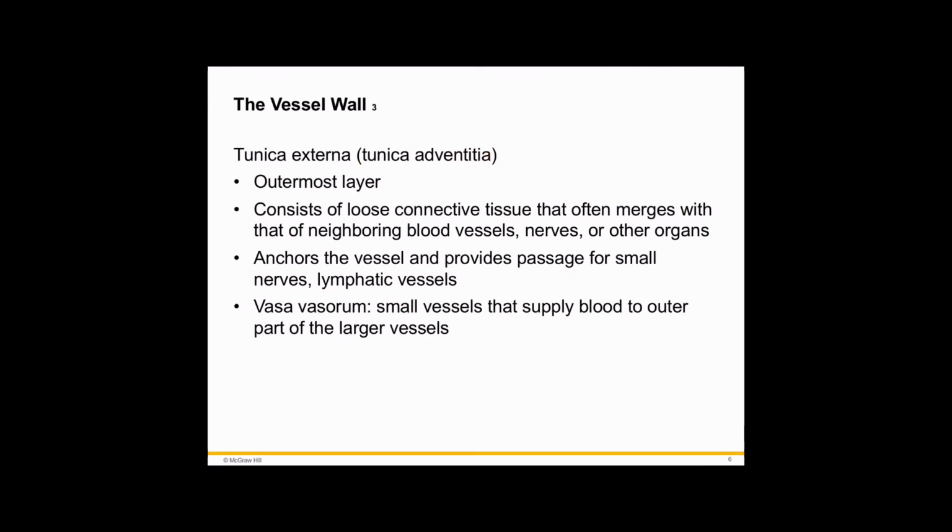Okay. So the tunica externa is going to be the outside part. For the most part, this is going to be protective layers. It's going to anchor the vessel in. Some of it is also where we have intersection with things like lymphatic vessels and nerves. That's kind of interesting, but there's also the vasa vasorum, and these are super tiny vessels that give blood supply out to parts of the larger vessels because there's all of that